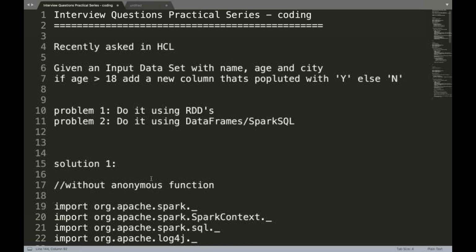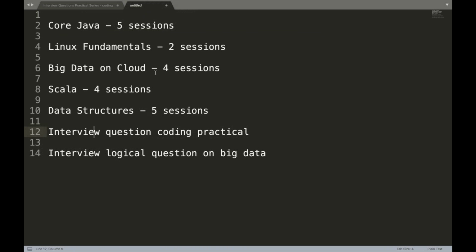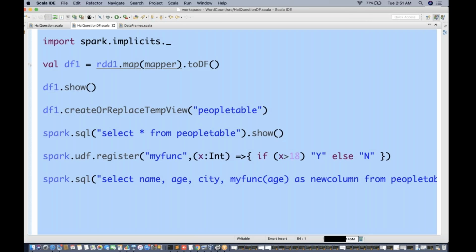So I hope this has given you some understanding. Because hands-on is required, do not always copy paste the code. Sometimes it's good to actually practice it yourself to get a lot of confidence, right? On all of this stuff, I will keep on adding videos as and when required. However, I will be focusing more on these two things in the coming 1 or 2 weeks, so that you get a lot to practice on, a lot of coding examples, and moreover, a lot of interview questions I can cover. But make sure you do not just look at the video, rather practice it yourself to get a lot of confidence.